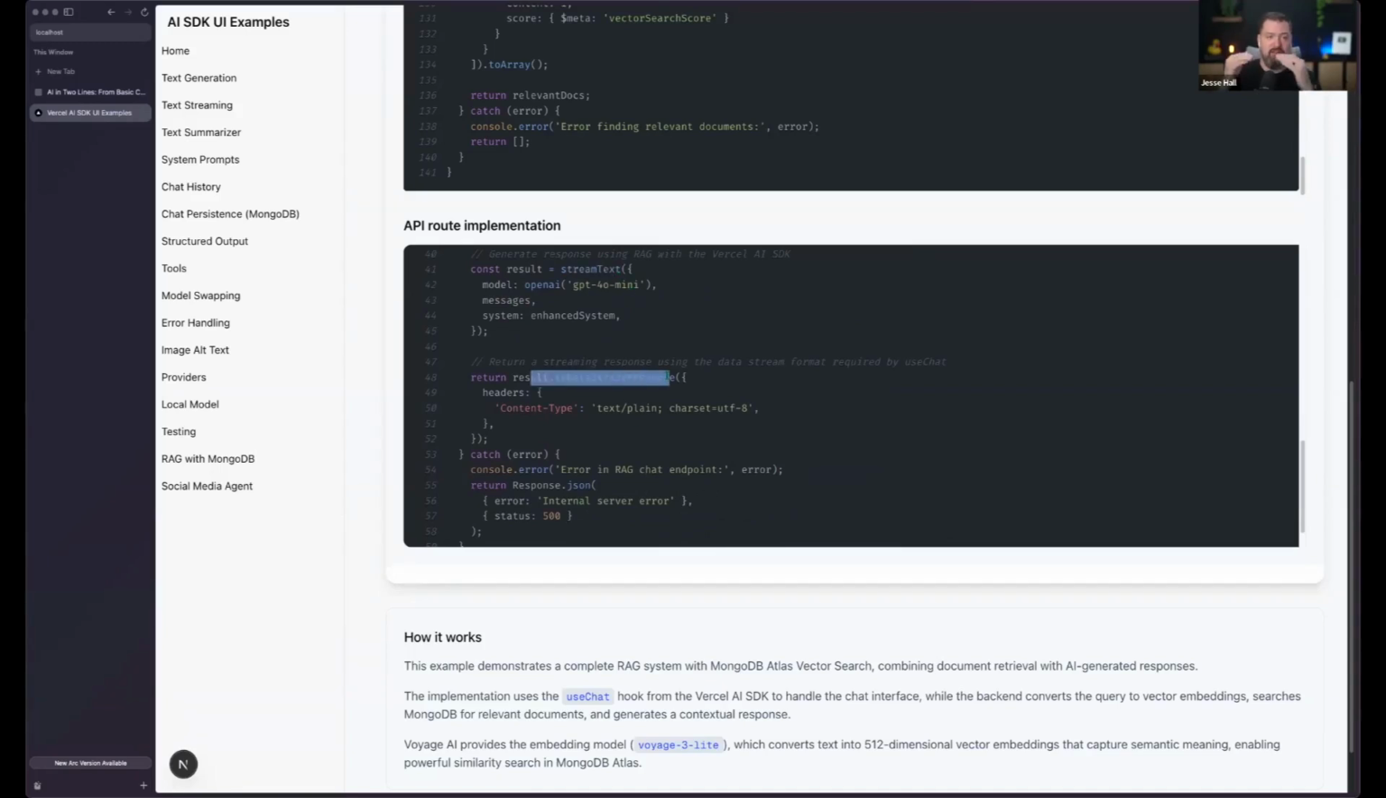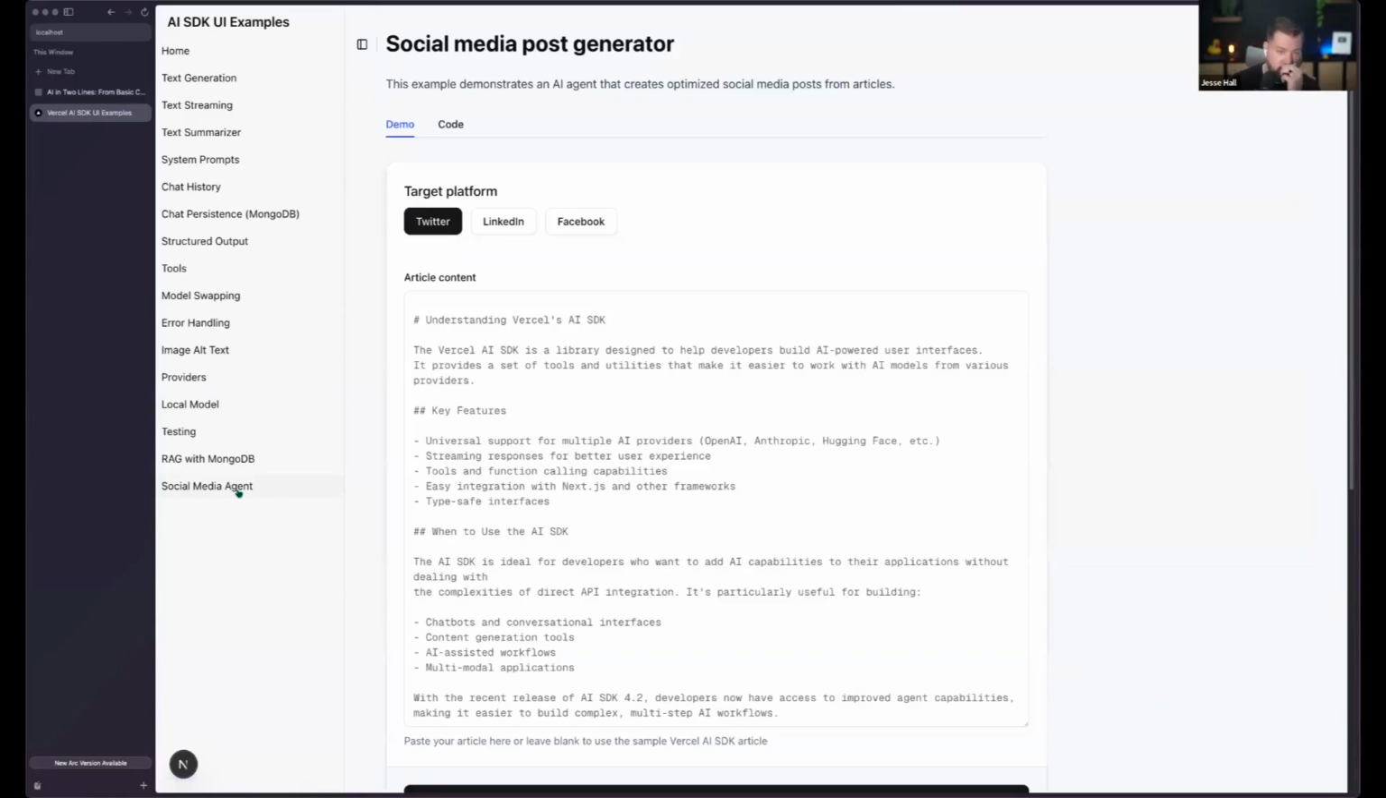So we're just injecting this extra context, intercepting the user's message and then injecting this extra information, sending it on to the LLM, and then retrieving that response back. So tying this all together, let's go into our last example here, where we have a social media